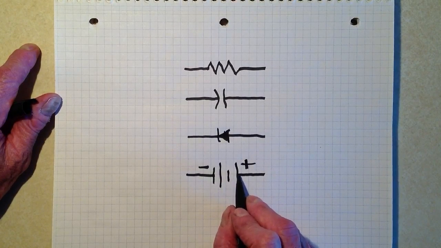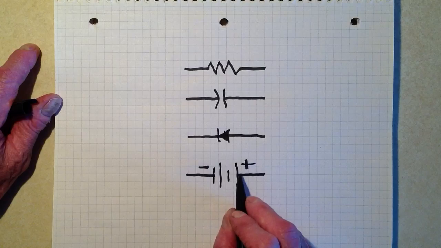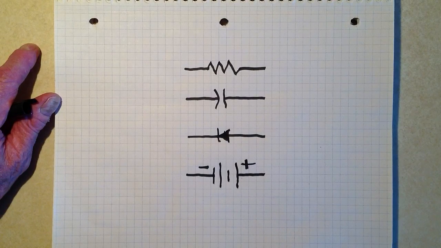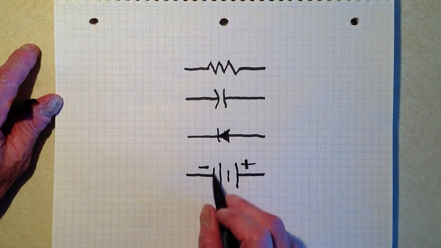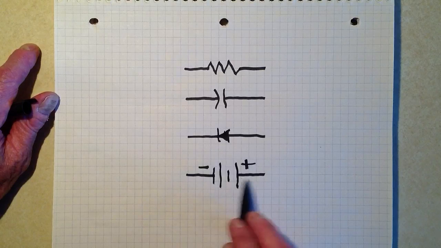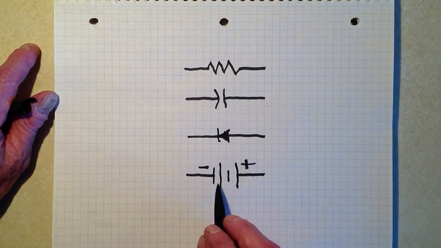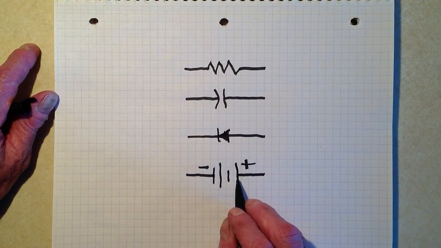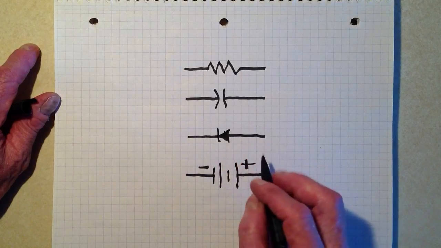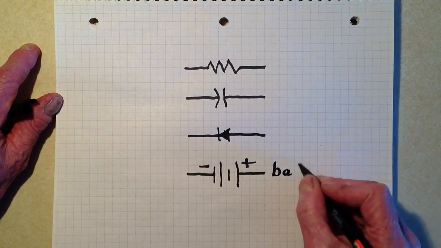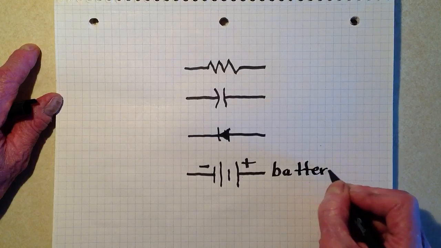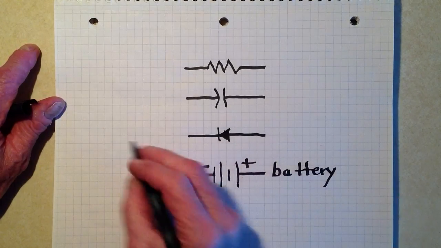That always confuses me because when you take a flashlight cell, for example, a AA cell or a D cell, the flat side like that is the negative terminal and then the little button is positive. So I've always been a little bit confused as to why they did it like that. This is, in any case, a battery,